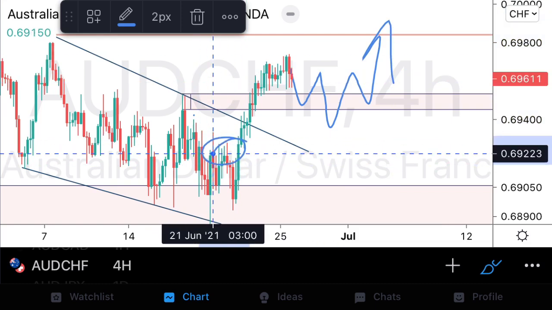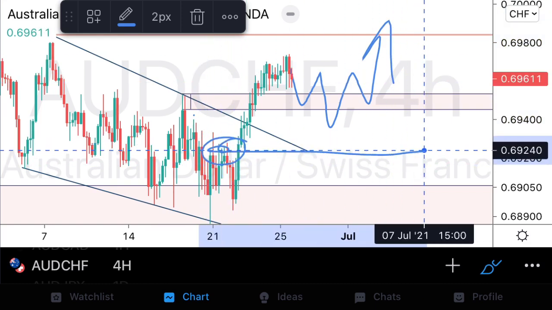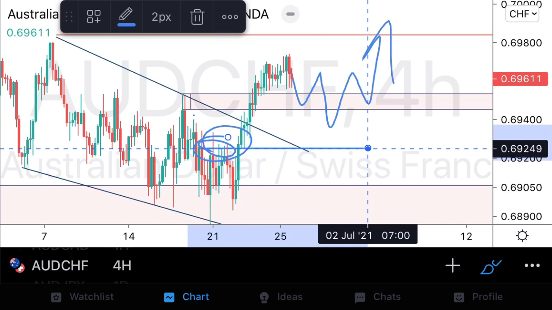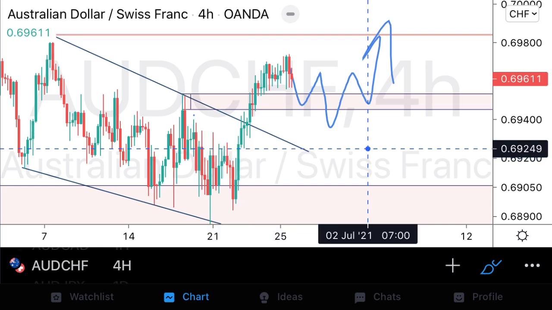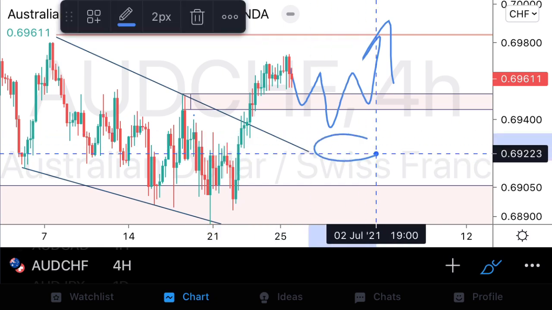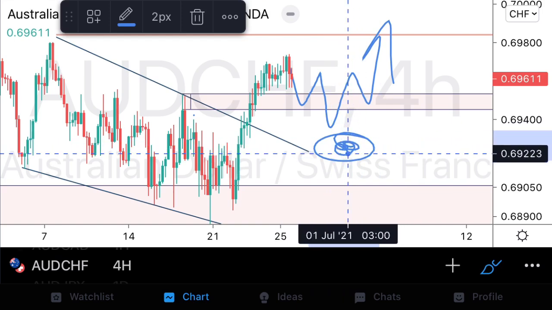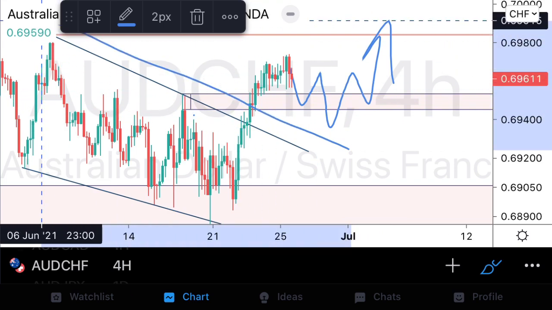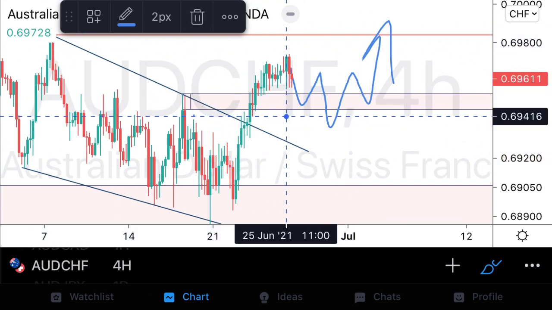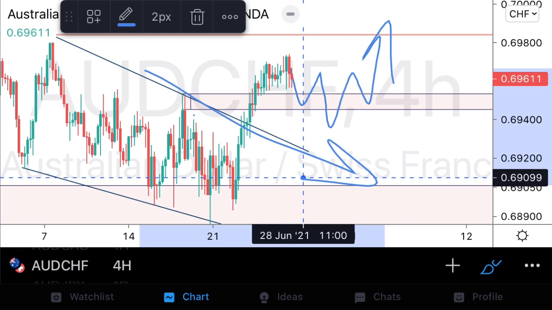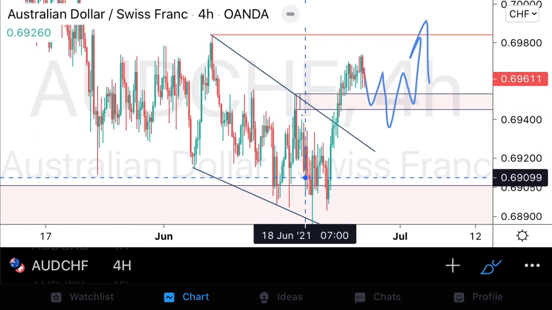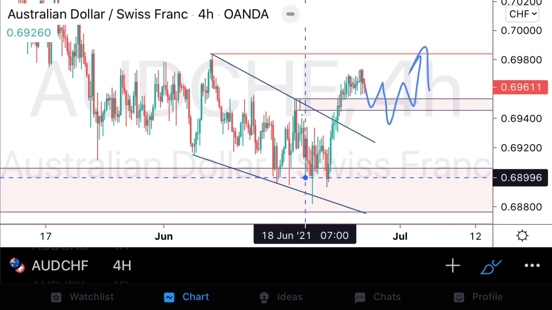Guys, there is some previous structure over here that was resistance that prices have broken by, the most recent structure that price has broken past. So we can expect prices to be attracted to this support structure over here. We could also expect price to come and retest our resistance trend line running at the top here. Nonetheless, we will still be looking for those bullish trading opportunities,